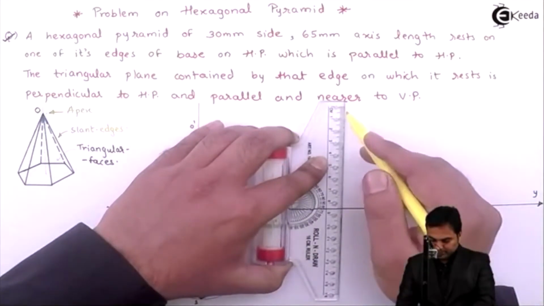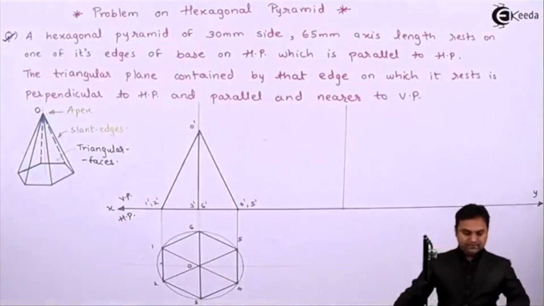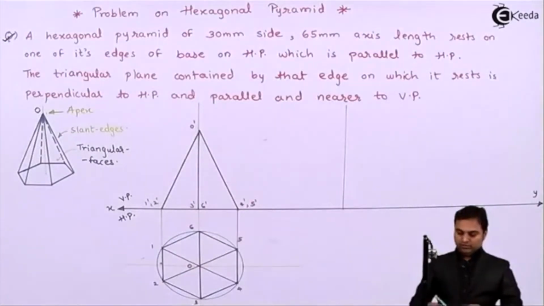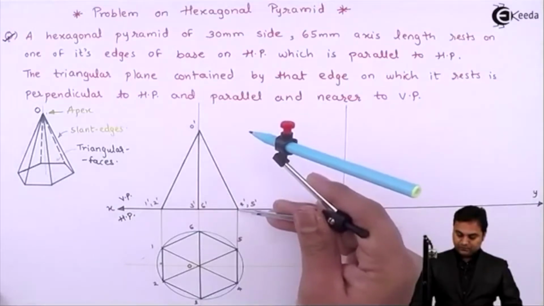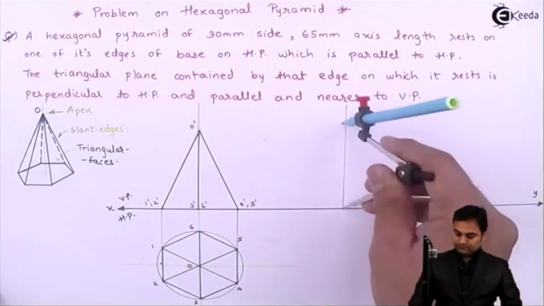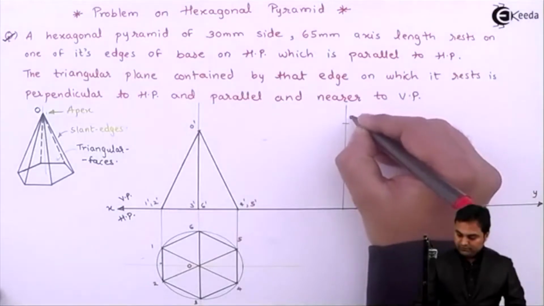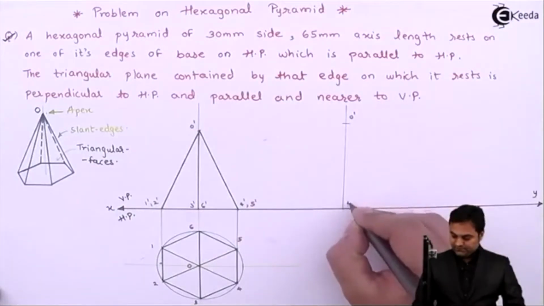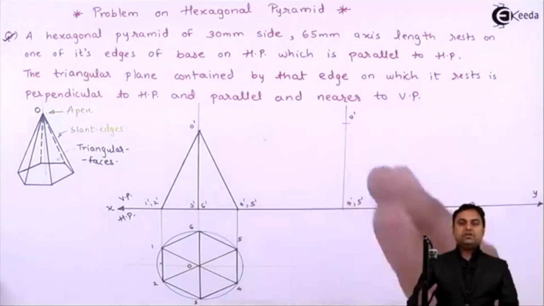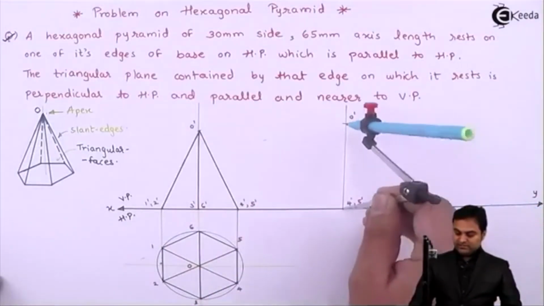So drawing a light perpendicular line, a light vertical line. I'll measure the slant edge, because this slant edge shows the triangular plane O dash, 4 dash and 5 dash, which should be made perpendicular to HP. So this gives me O dash, and here we have 4 dash, 5 dash. Next, after making this slant edge perpendicular, I'll copy this pyramid here, keeping the same slant edge.